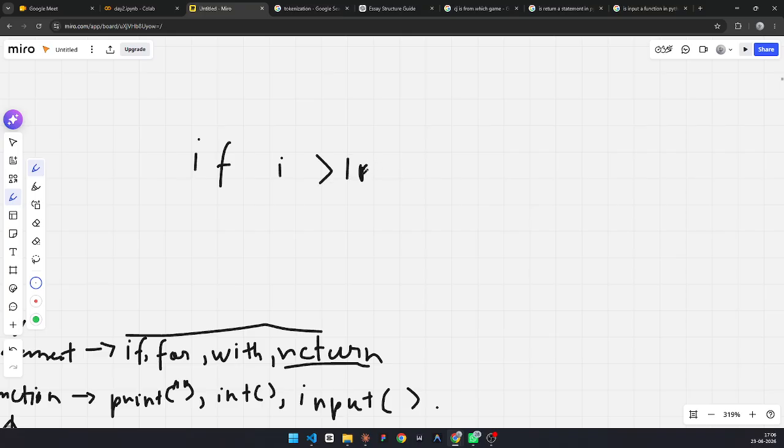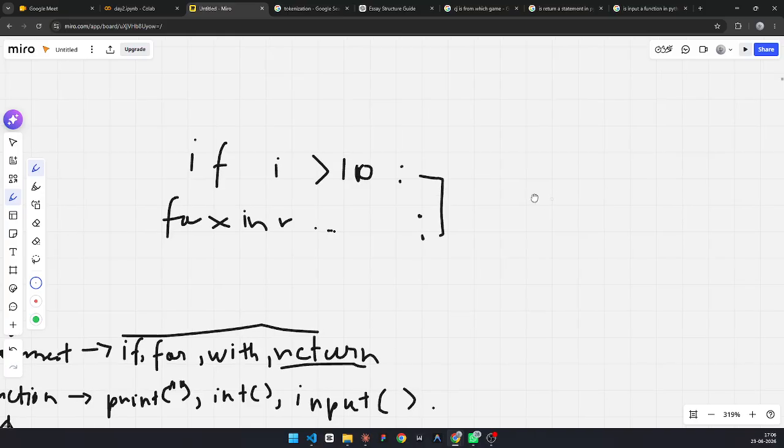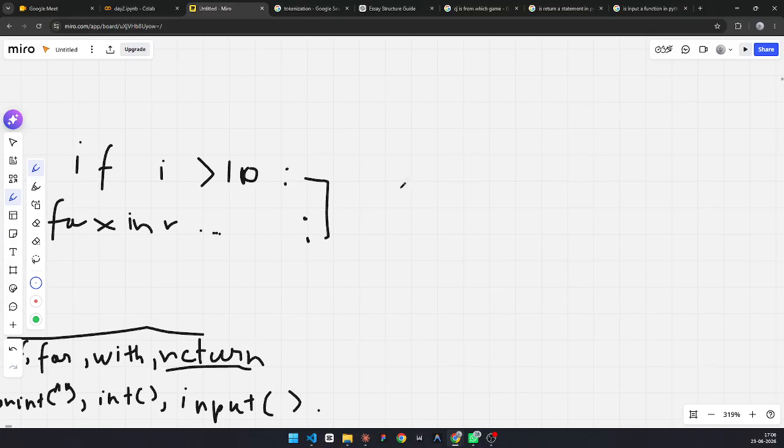That's a simple statement. In statements you always use this colon symbol at the end. Always remember. Also, for x in range, and so on, at the end of the statement you will always use this colon. But in functions you don't use this.